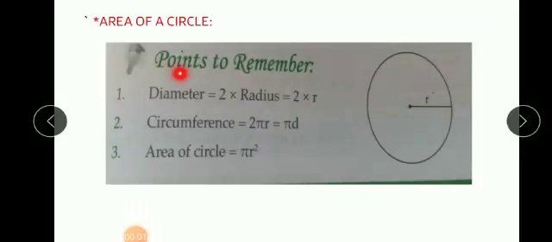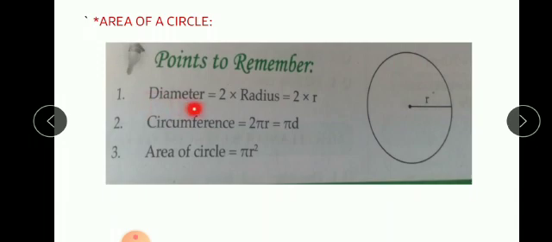So children, in the first part we have seen area of a triangle and practice set 15.6. Okay, now the next topic is area of a circle. See, this is the figure, it has been given and the center is given here, and this will be the radius r. Small r is noted as a radius.